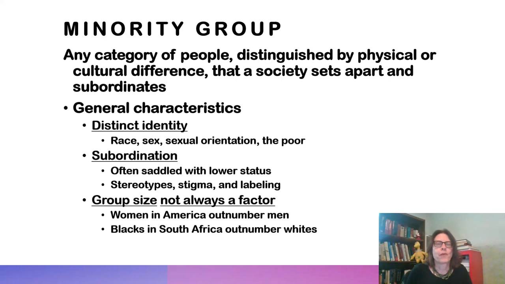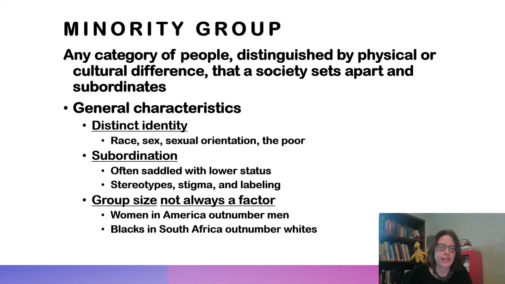We wouldn't ask for something like whether your big toe is larger than your second toe or your second toe is larger than your big toe, because then we'd have to have everybody take off their shoes when they come in and say, oh yeah, I get to discriminate against you. So we are fairly lazy and we want very easily seen characteristics when we're going to be discriminating. So this distinct identity is really important.